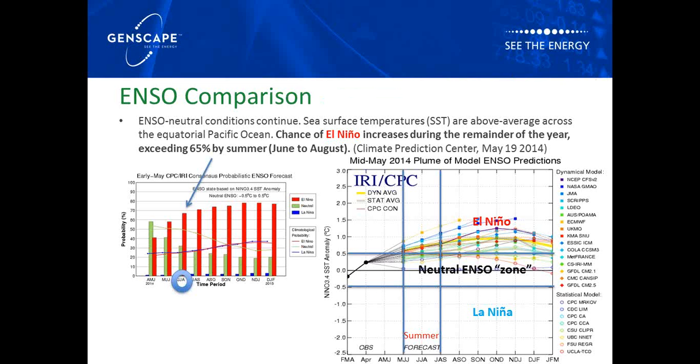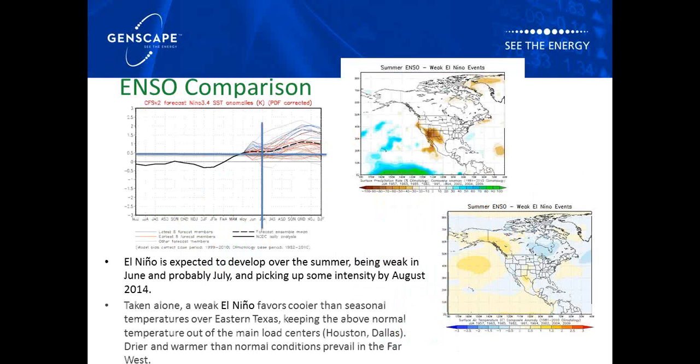Okay, so this is the ENSO comparison, or El Nino Southern Oscillation, which assumes climatology and weather patterns are based off the water temperatures in the equatorial Pacific. Depending on if the temperatures in the area are below the norm or above the norm, it can dramatically impact weather patterns all over the world. As far as this year is concerned, we're showing a tendency for weak El Nino during the summer months.